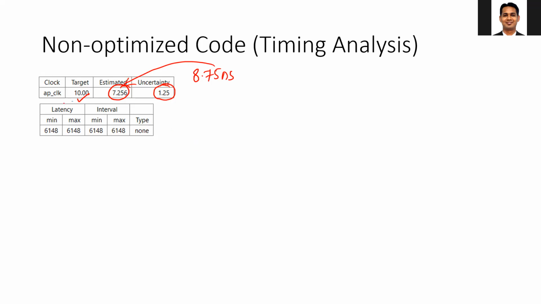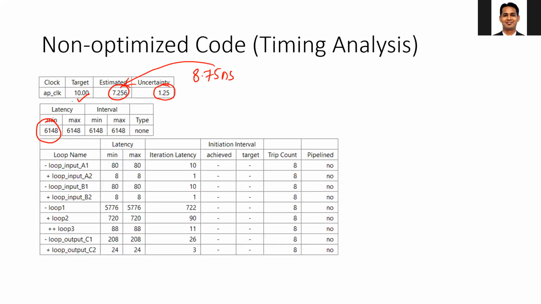Then total latency for calculating the matrix multiplication is 6148 clock cycles. Okay, so this is the total number of clock cycles needed to receive the input and to provide the output. And to understand this, we need to understand this table. For example, here you can see that in case of the loop